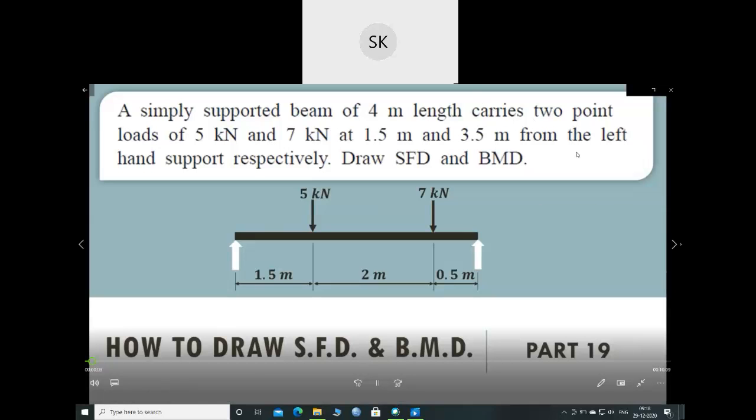In this video, we will try to understand how to draw shear force and bending moment diagram in case of a simply supported beam of 4-meter length, and it is carrying